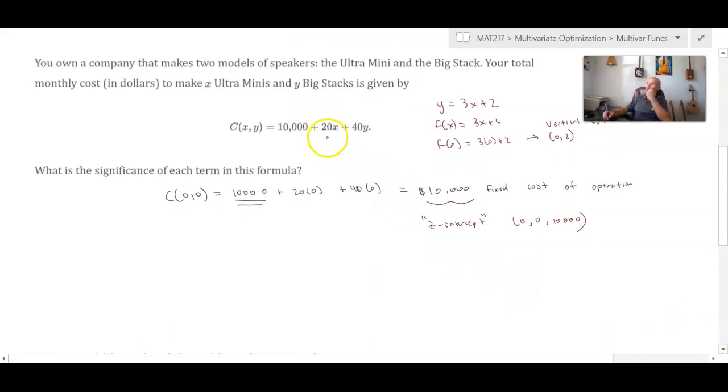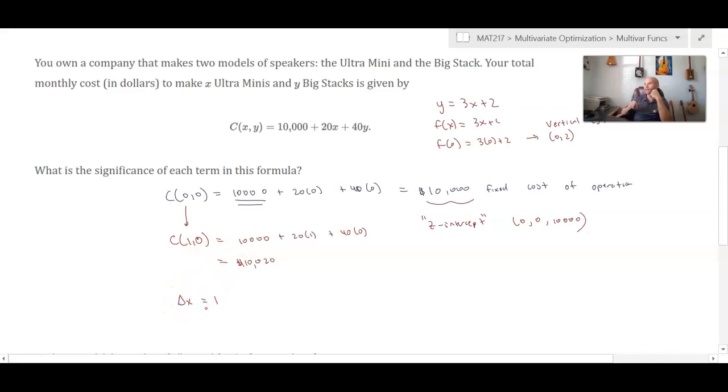Now, what else could we say? Well, let's think about this. Every time I increase x by 1, let's compare this to only changing the value of x, so that I can see how much my cost changes for 1 unit of the Ultra Mini. So 20 times 1 plus 40 times 0. That's going to give us $10,020. The only thing that's changed is that I have increased x by 1, so the change in x